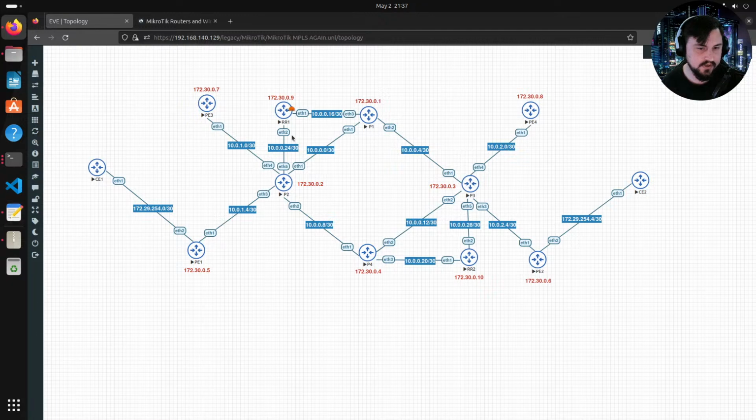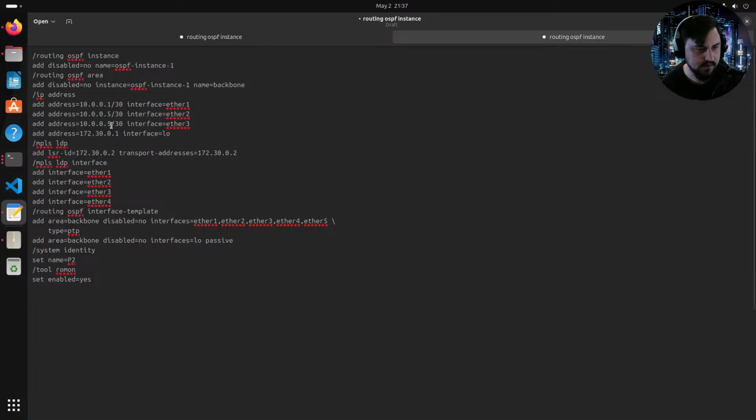I do still want to have connectivity to the route reflector, so this was 10.0.0.17 on Ether 3. 10.0.0.17, and that's .1, that's .1,